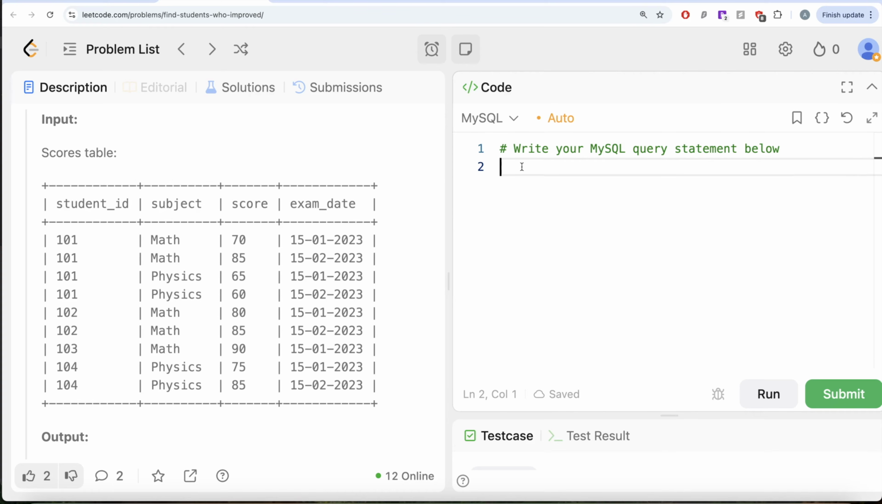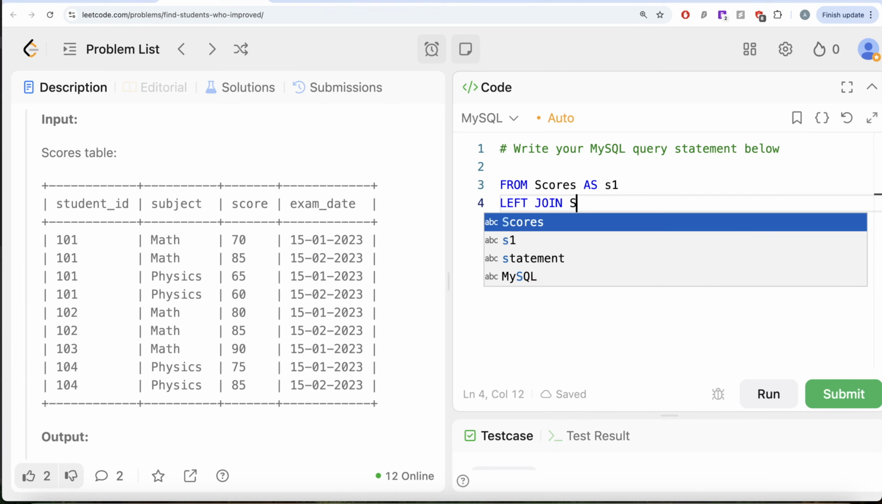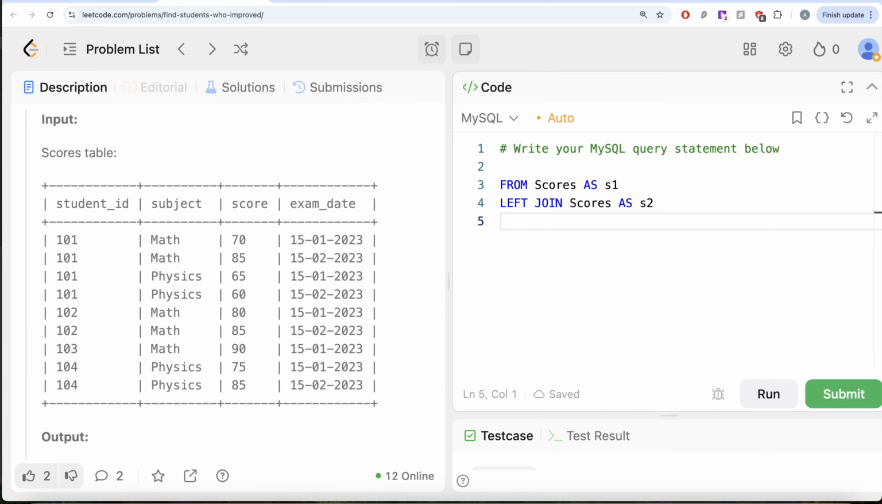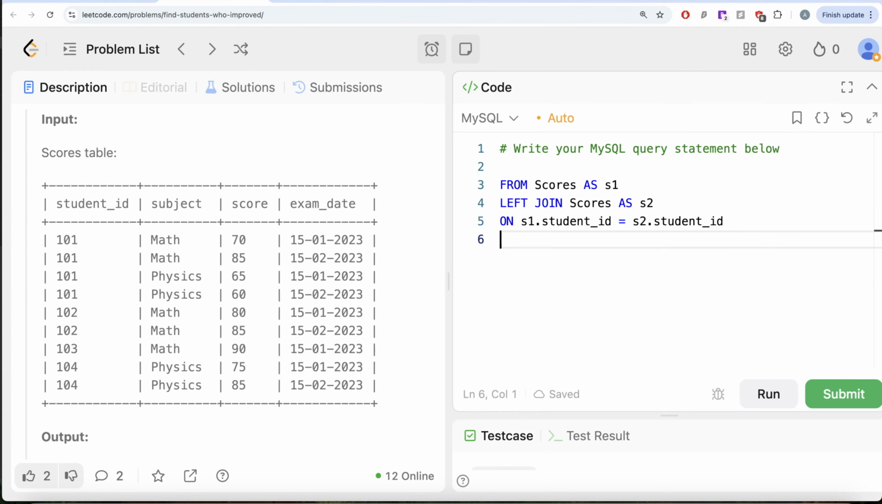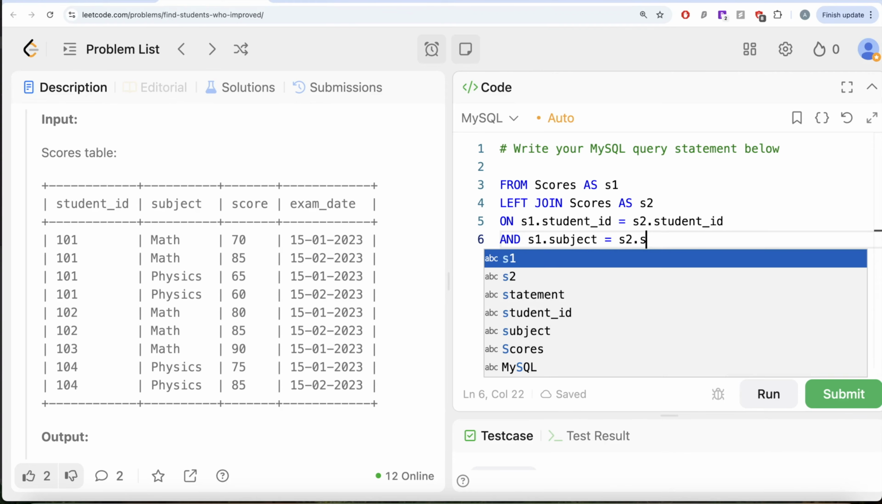How we are going to do that is, let's say from this table called scores aliased as S1, let us perform a left join on itself. So left join scores aliased as S2, and now we need it for every student ID and subject combination. So on S1 dot student ID is equal to S2 dot student ID, and S1 dot subject is equal to S2 dot subject. And also, one of the conditions that we need to satisfy is that exam date